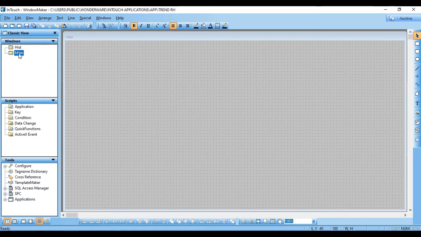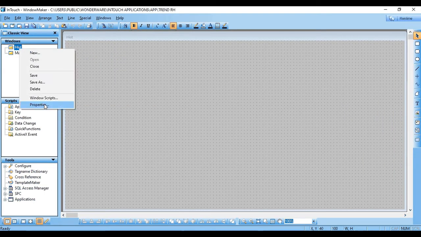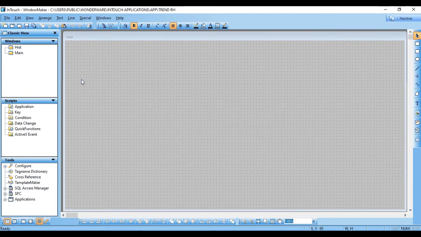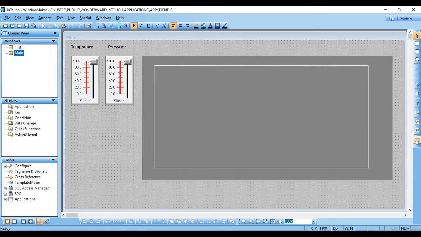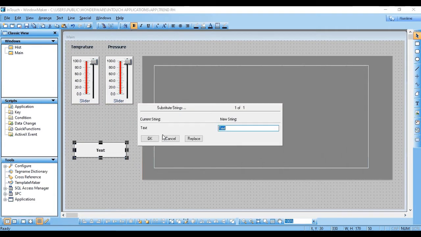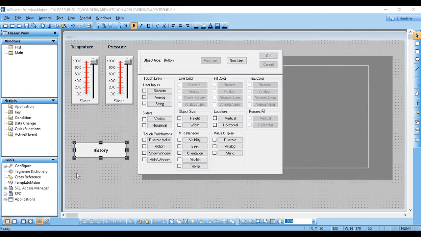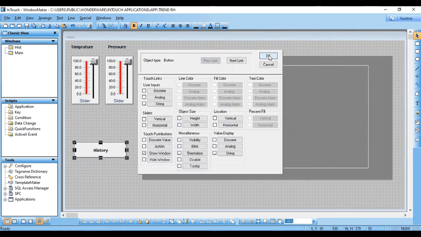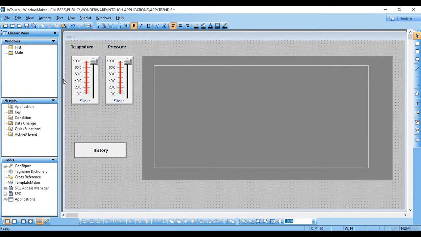Let me change the property of the historical window to overlay. Substitute it as history and assign it as a show window. It will open the historical window.